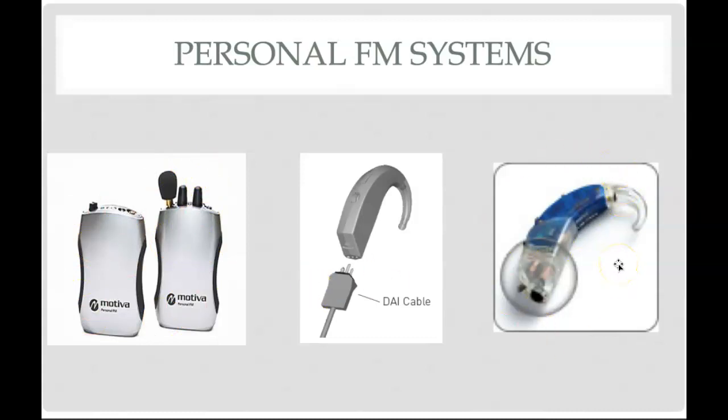This right here is an FM system at ear level. So this is the child's hearing aid. But then you have this little boot that goes on the bottom, and the FM system plugs directly into that. Okay, and this is a DAI cable, and they don't use these very much, but if the teacher was playing a movie, they could plug that in and then plug it into the bottom of the kid's hearing aid, and the DAI stands for direct audio input cable. Okay, so those are some FM systems that are currently out there.